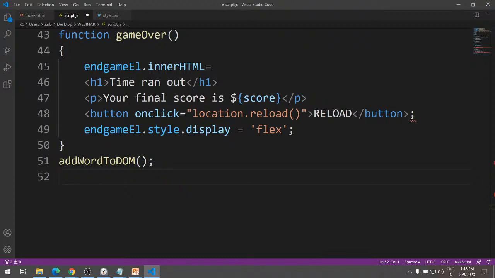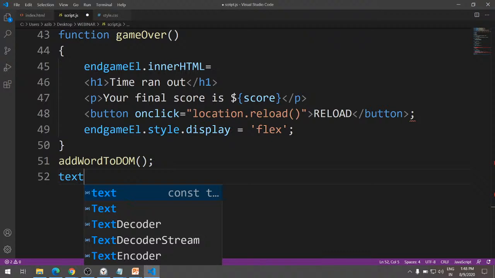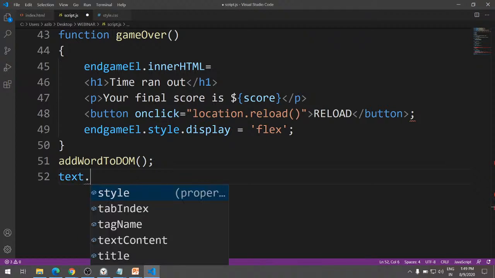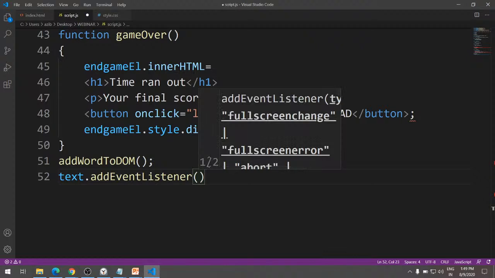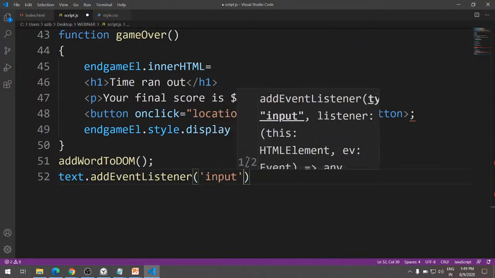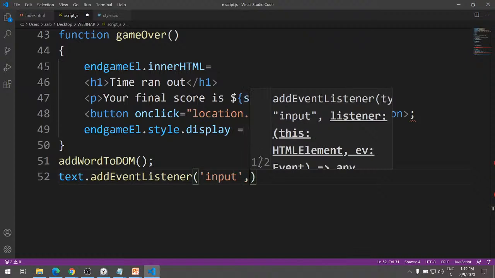A couple of other things we have to do here: we will have to use something called event listeners. An event listener is used whenever there is a change, whenever there is an alteration made on the thing. The change is an event. So I'm going to use the text and type addEventListener. This is an inbuilt JavaScript function again. There are two options, one is input and one is change. I'm going to use input here, so whenever an input happens,